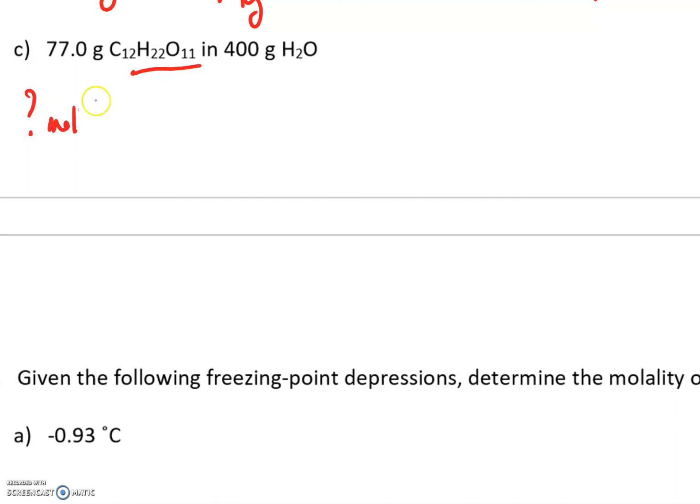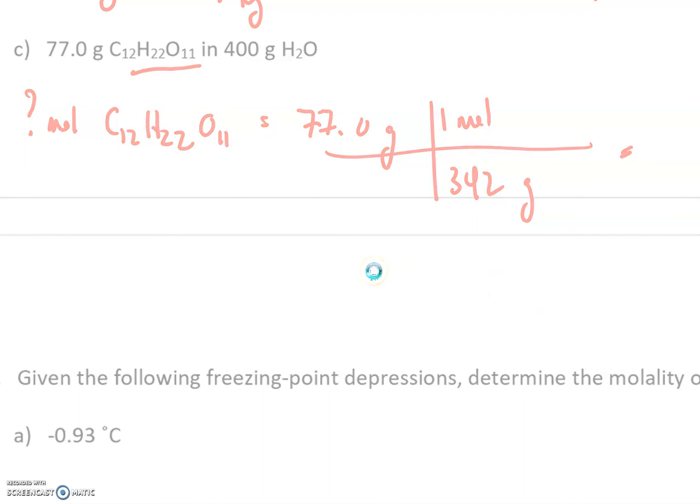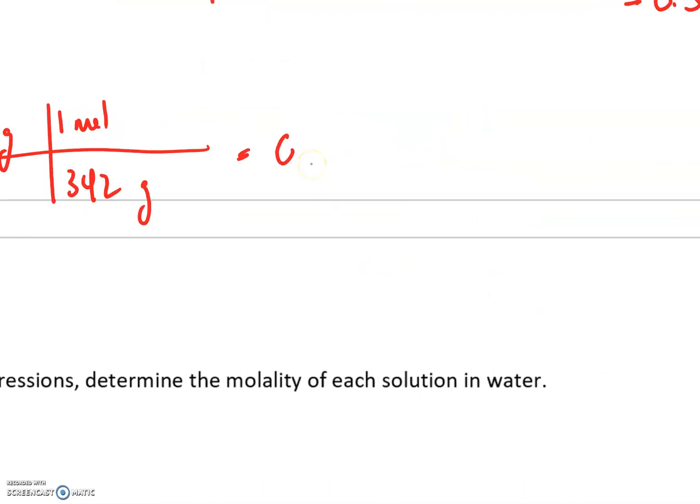How many moles of C12H22O11? If we have 77 grams, and in 1 mole there are 342 grams. Good thing you brought a calculator, right? So 77 divided by 342 is 0.23 moles. Sorry, my computer locked up on me again. According to the